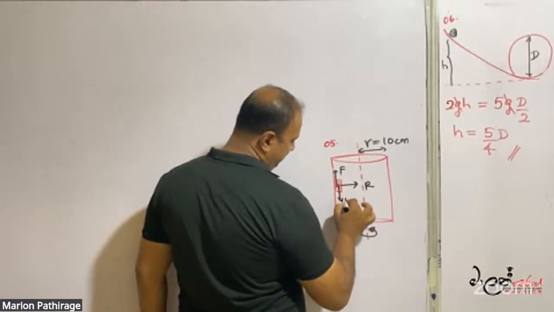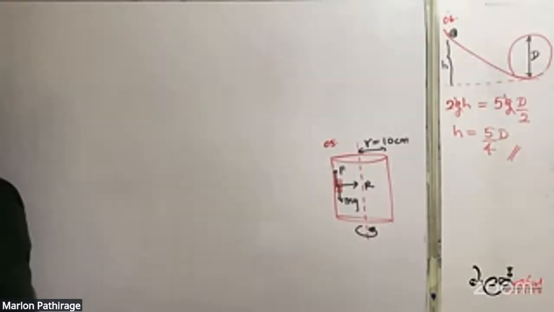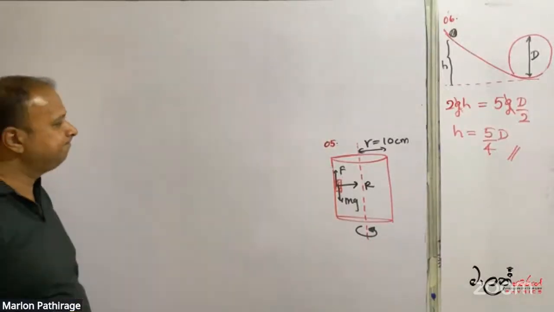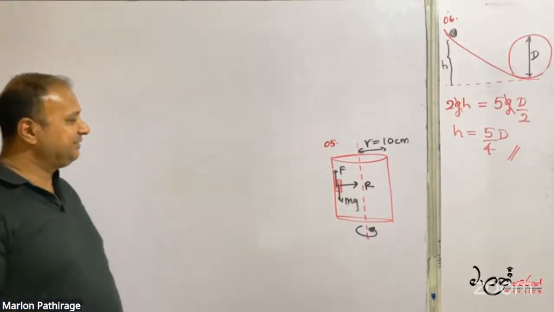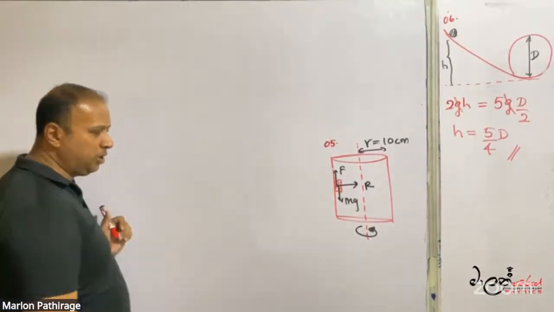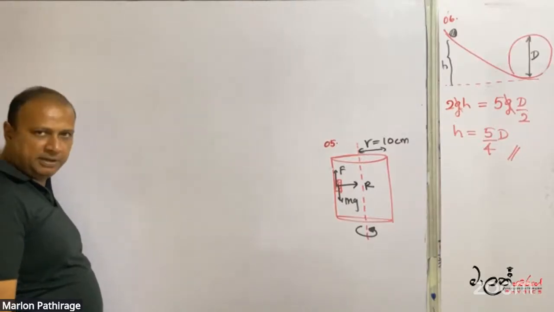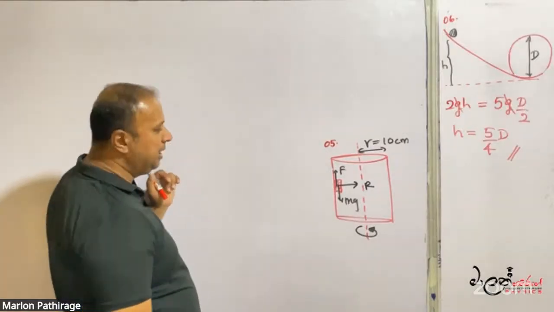Here mg. What is mu? Mu is equal. So you know now this object is in vertical equilibrium condition. Therefore, F is equal to mg, and R is equal